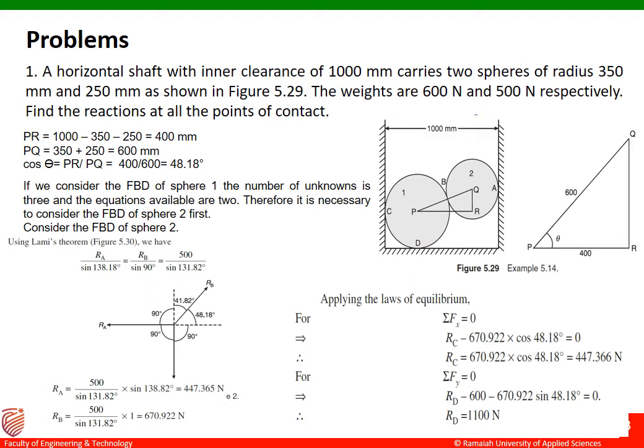Problem number 1. A horizontal shaft with inner clearance of 1000 mm carries two spheres of radius 350 mm and 250 mm as shown in the figure. The weights are 600 Newton and 500 Newton respectively. Find the reactions at all points of contact. So